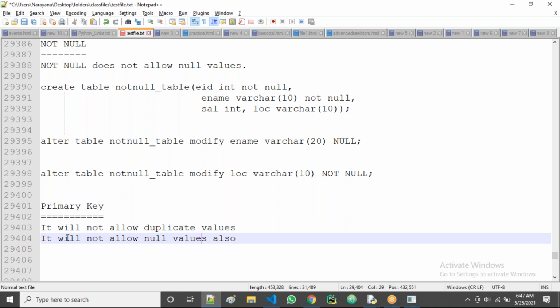This is the rule of not null. Internally not null is also working. Is everyone clear?